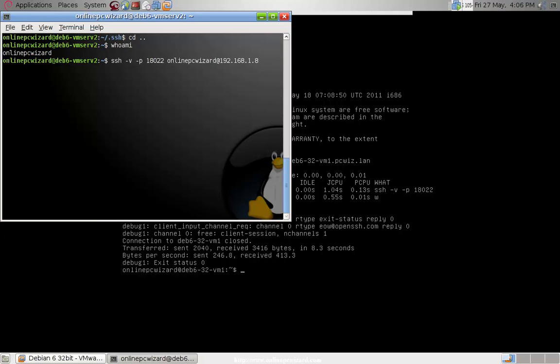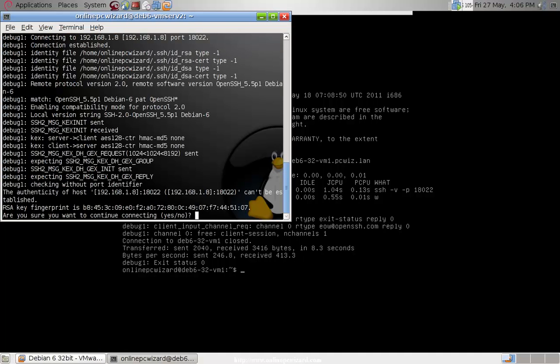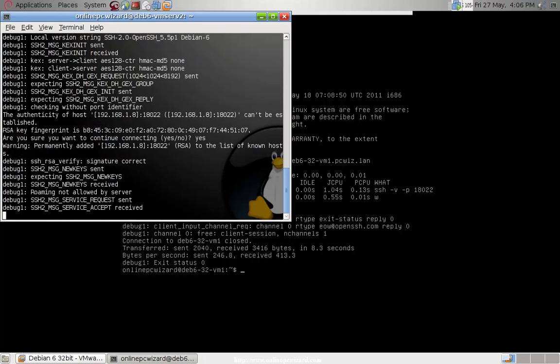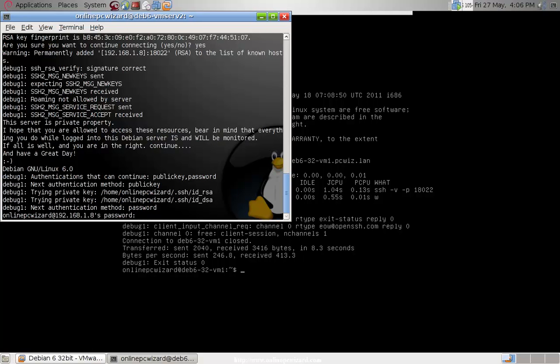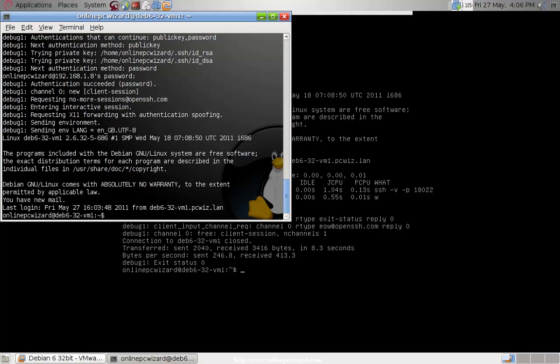Or we can do it like this. We can have -l for login, online PC wizard, space, and then the IP address. And we're going to show you that will work. Yes. The password. See, it gives us our same